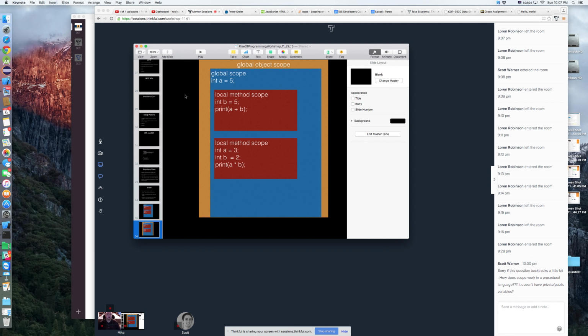And this is where public, private, and protected come in: how does the scope governed by the global scope of this object translate into other objects? Does that make sense? Or did I just confuse it that much more?